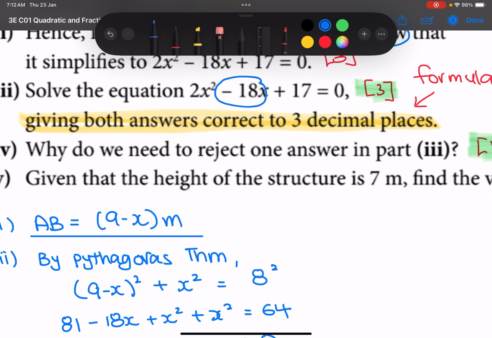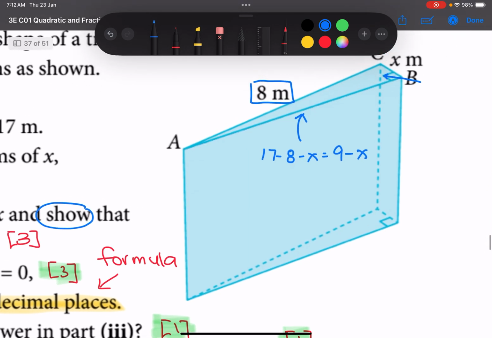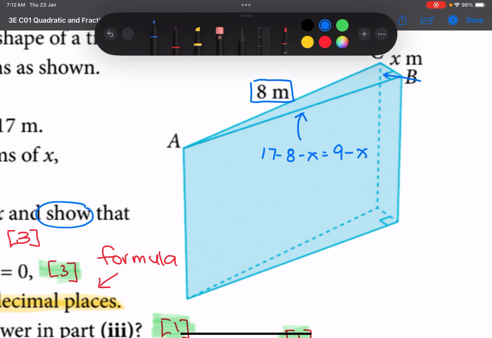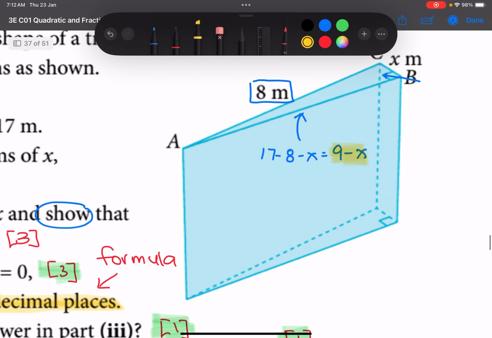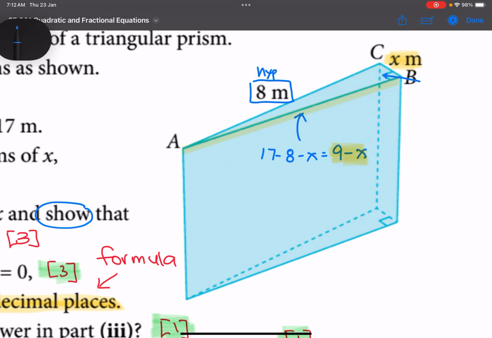Why do we need to reject? Now, you need to reject something. So, look at it and think which one to reject. The key is at this particular portion here, 9 minus x and x. My 8 is the hypotenuse. So, this line AB cannot be more than 8. I repeat, my AB is my hypotenuse. So, my AB cannot be more than 8, which means